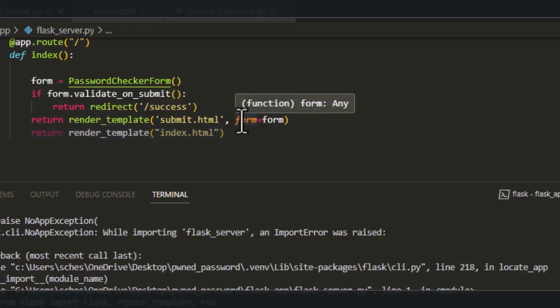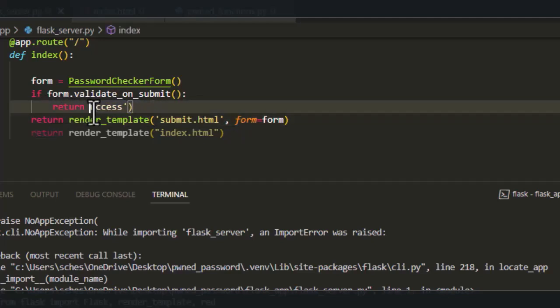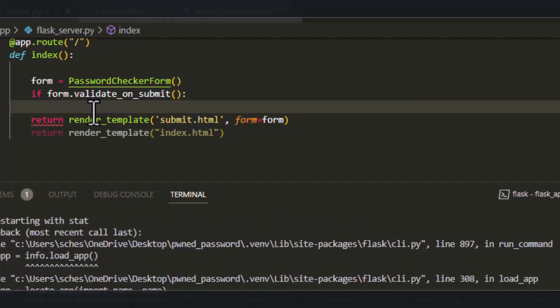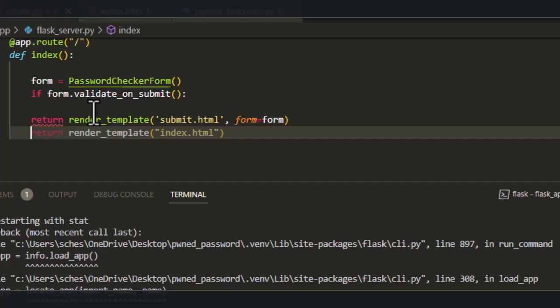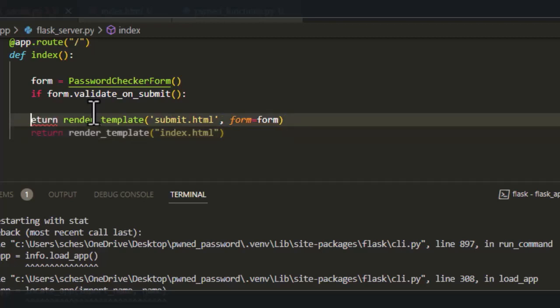We want to show them what they get back from the API. And if we redirect them, because we're not using a database, we're going to lose that information. So as soon as that page refreshes, that information will be gone. So we're going to take that part out, and we'll just return our